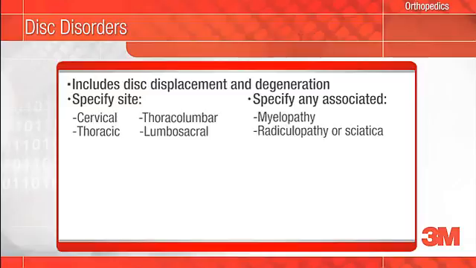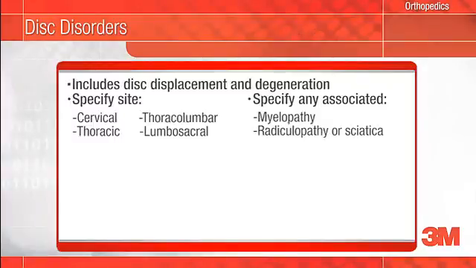Myelopathy and radiculopathy, indicators of the seriousness of the patient's condition and the likely increased use of resources, can now be captured. So if your patient has either, you should include it in your diagnostic statement